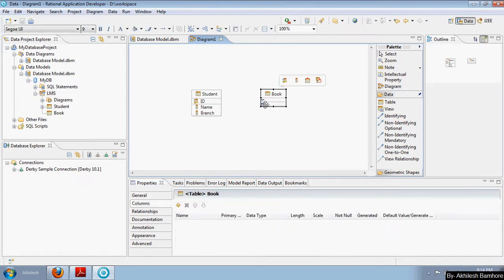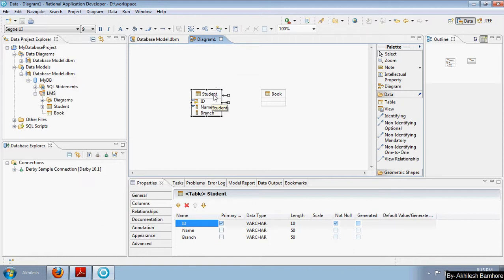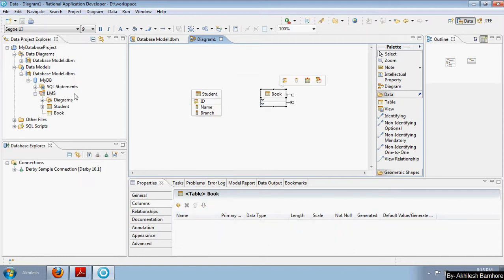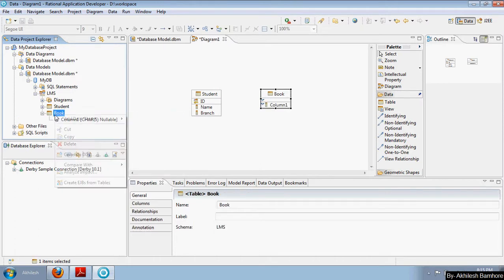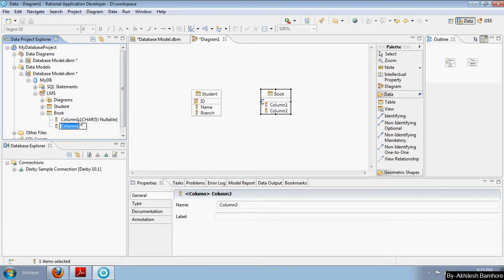Select the book table. I have shown you this way. You can use it like this. Add columns. Right click, add column.